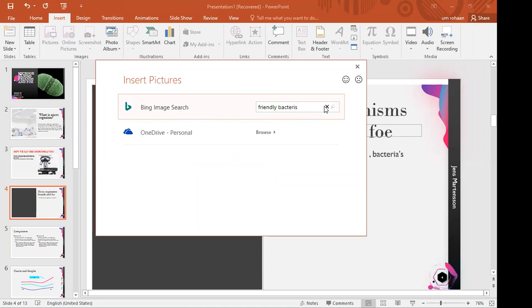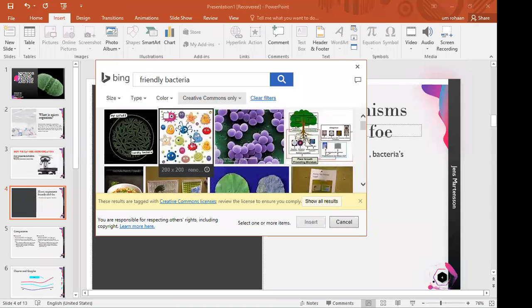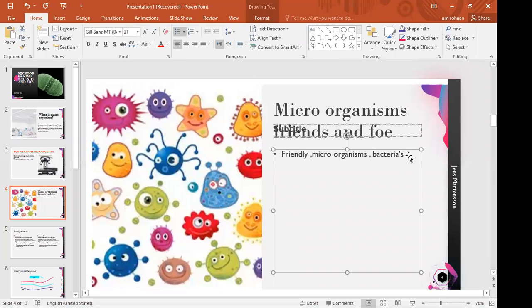I hope we have any information about friendly bacteria. Okay, I think this is a good picture. They are showing a smiley face. Okay, friendly bacteria. So we will write about the bacteria which are the organisms, obviously bacteria which are helpful.